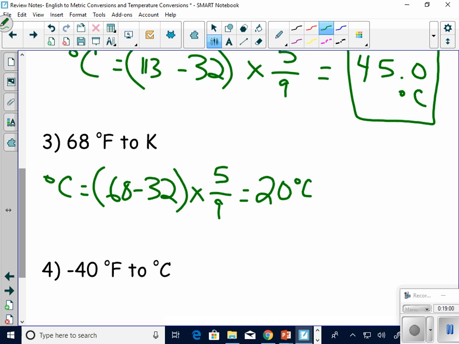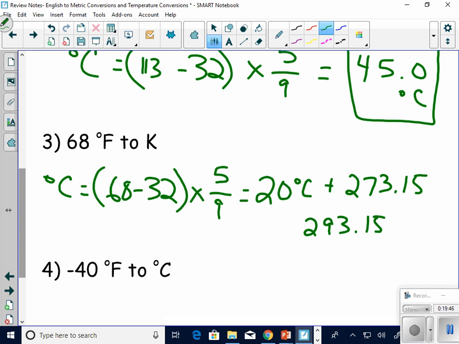20 degrees Celsius. Can anybody remember from the video, what is my conversion factor to get from Celsius to Kelvin? You should have that in your notes somewhere. How do I get from Celsius to Kelvin, Mackenzie? I add 273.15. So, when I add 20 to 273.15, I come up with a value of 293.15. And if I were going to sig fig this,